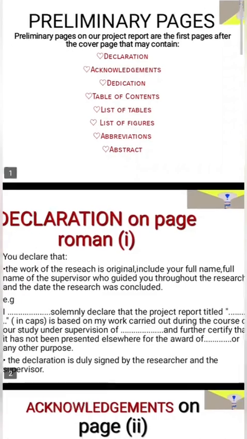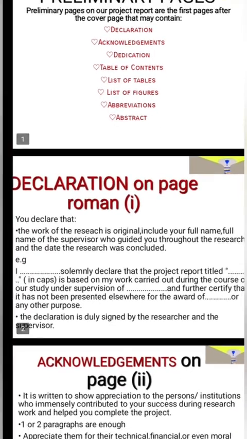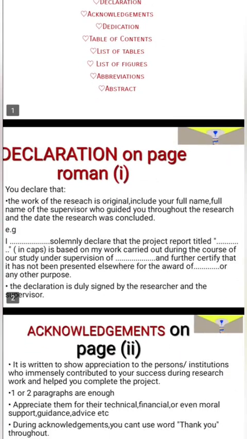Now when we are talking about declaration, here we are trying to say that the writer or the researcher declares that the work of the research is original, has not been plagiarized, and it should include his or her full name, the name of the supervisor in full who guided him throughout the whole research, and the date